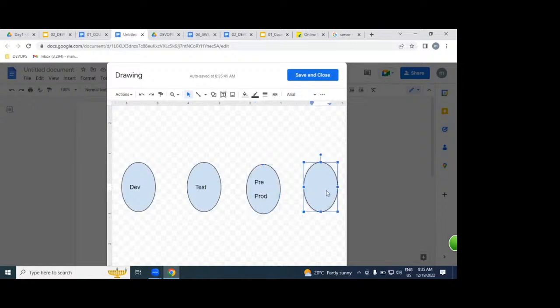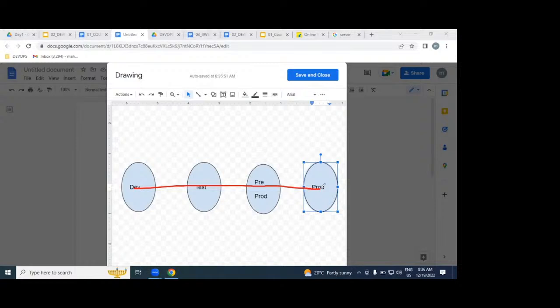It is a live product. So these are all the stages we have. Developers are writing in the dev environment using Java code. Then it moves into the testing environment. After verification by testers, it moves into pre-production and then to production.